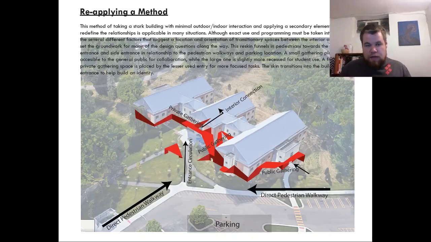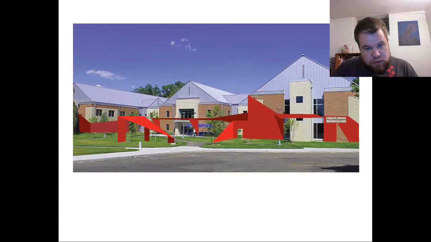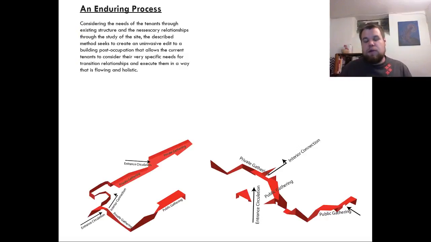is informed by the outside conditions, which bleed into the interior and explain to us why this building is the way it is in this place. It's because of this and this and this. It's because of its relationship to the pedestrian walkway, the parking, the entrances. They're all relating to something else in a way that feels flowing and natural. And in this way, we create a process, a way of thinking of things, methods and contexts that all relate inwards towards the single idea of different scales and how to connect them to each other.